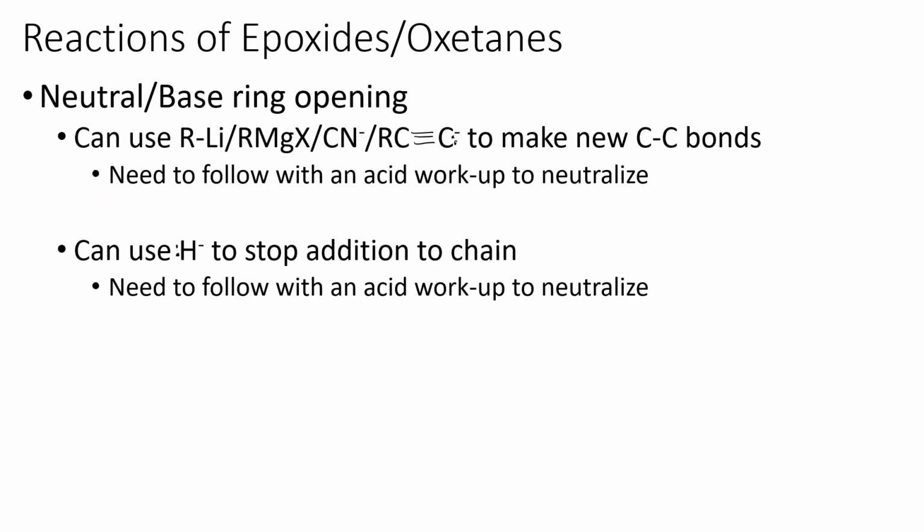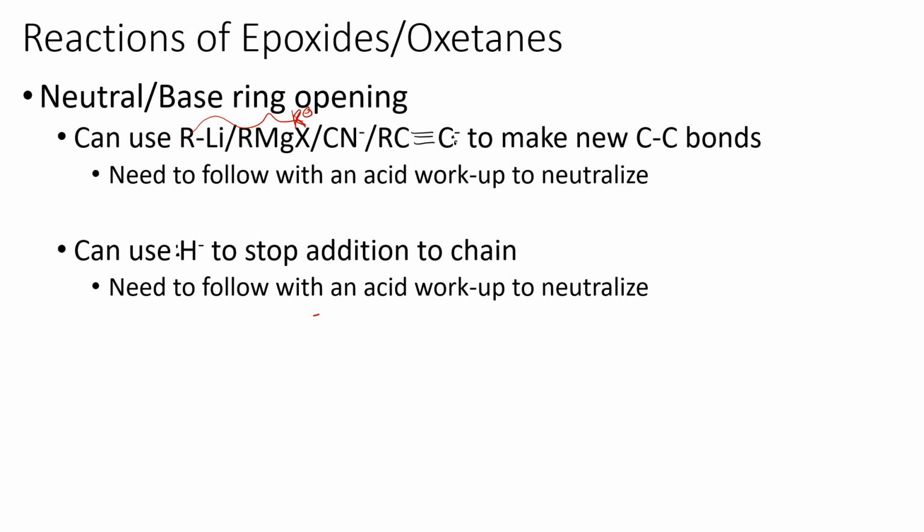With this process, we can also use organometallic species to do this same type of ring opening. So things like RLi, organolithiums, the Grignard reagents, the RMgX. So remember, both of these species really behave as that R- in solution, and that becomes our nucleophile. We can also use the CN- unit or the alkyne that has been deprotonated to make new carbon-carbon bonds through